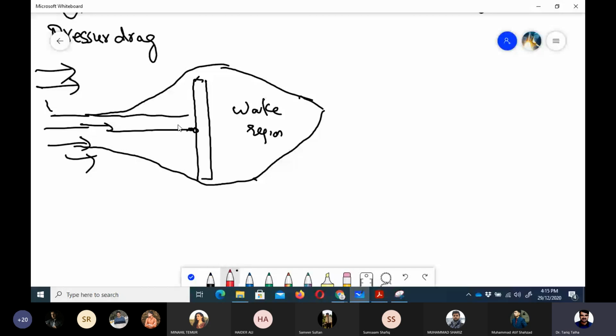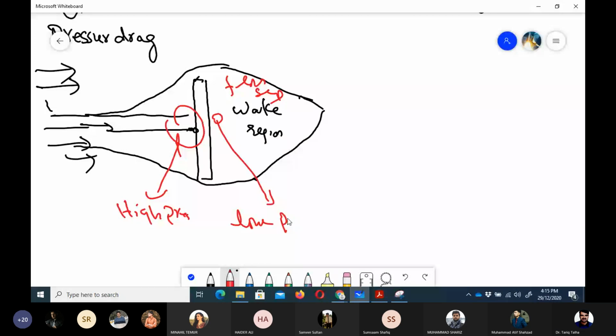ठीक है, ये वाला जो रीजन होता है, this is high pressure region, and this is the region where the flow separation happens, that is low pressure region. Now this difference in pressure creates a pressure drag force on a blunt body. So this is only for a blunt body, या फिर इसको ब्लफ बॉडी भी कह देते हैं।